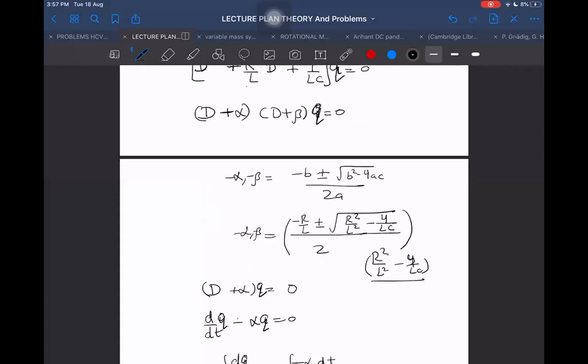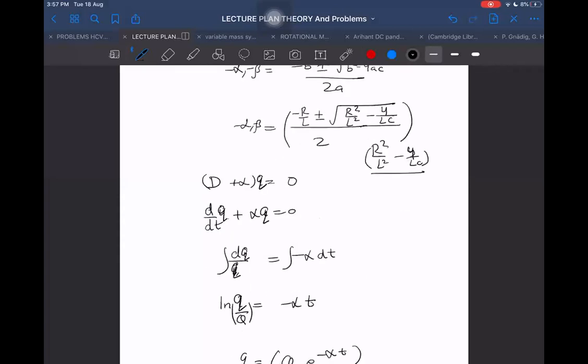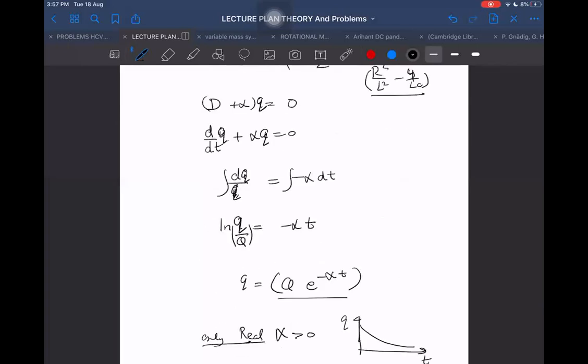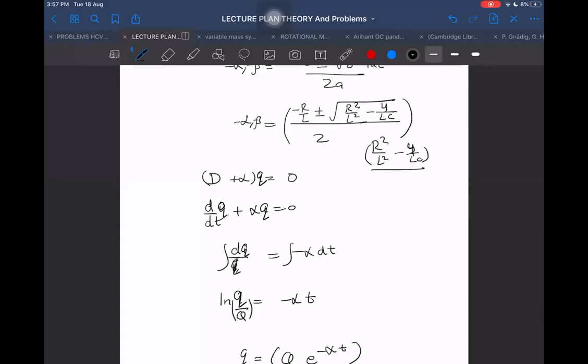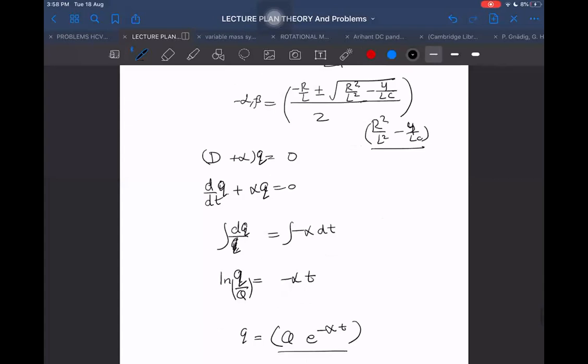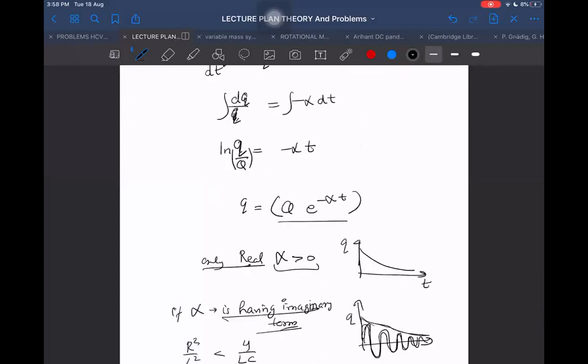Plus alpha, then here it became minus. After that it is fine. Just change this here: D plus alpha into D plus beta. And then everything is fine. Alpha being positive is also okay, no problem in that. Then everything is right after it. This only we should be getting.